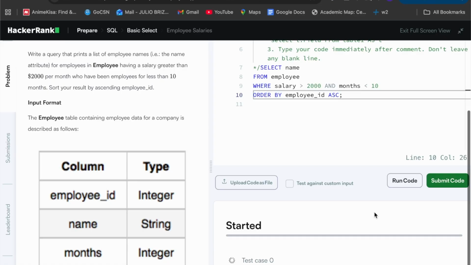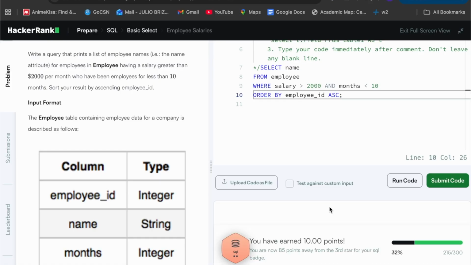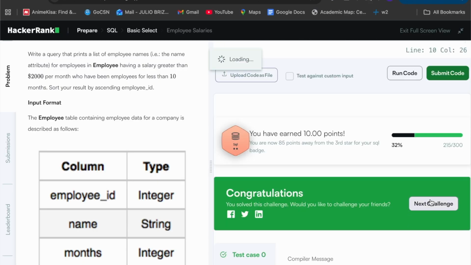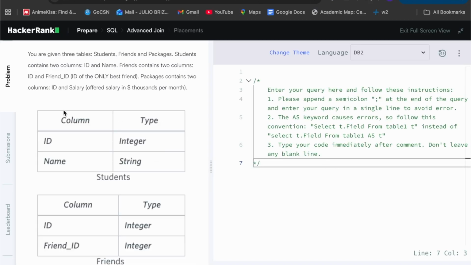So I ran the code. That's a problem I ran into way in the beginning as I kept submitting code, and then I got like some sort of blacklisted from submitting codes for 3 minutes, some kind of like Apple ID lock. So I started just putting run code, and if it says congratulations, then I submit the code to avoid that. So yeah, I finished that problem, and we're moving on to the next. All right, so